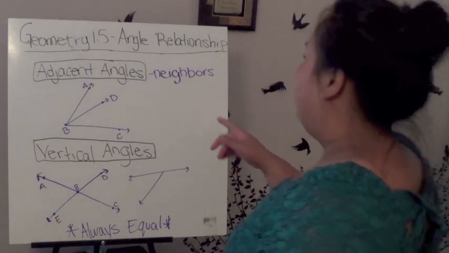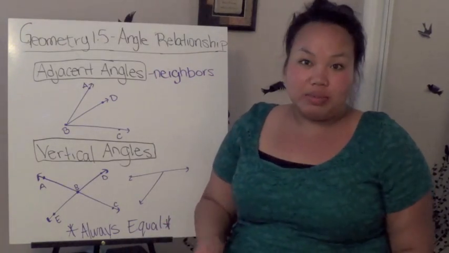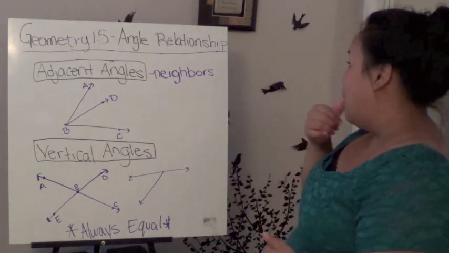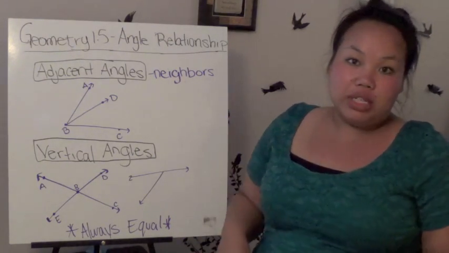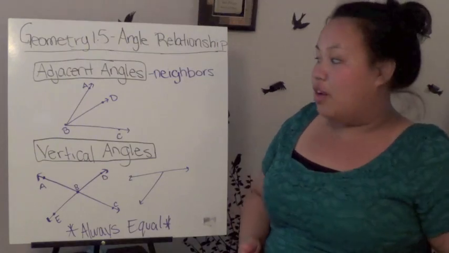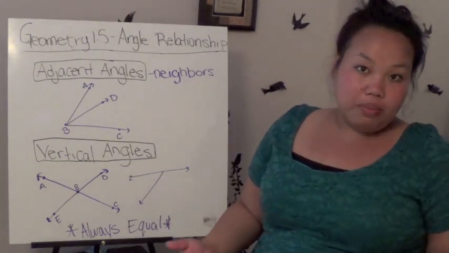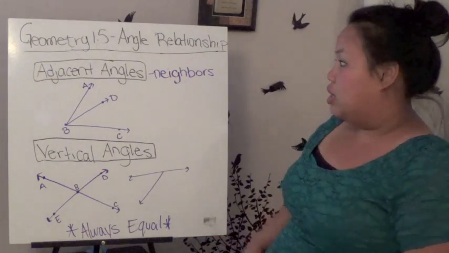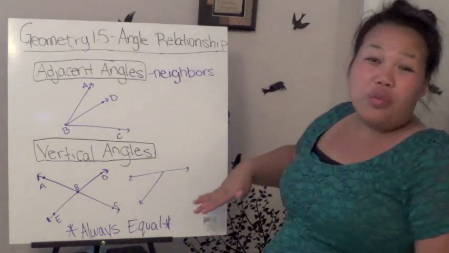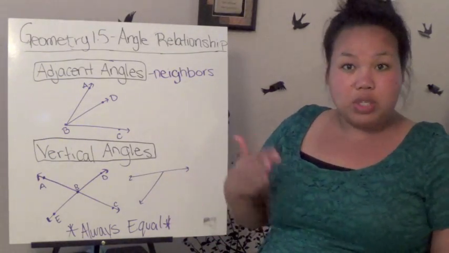Geometry 1.5, it talks about angle relationships. So basically what we're going to be talking about is angles and different properties of angles that you should know. A lot of it you'll be able to put on your flipper, but some of it you just need to naturally know and memorize. So some of it we're going over our vocabulary, which please don't forget to go ahead